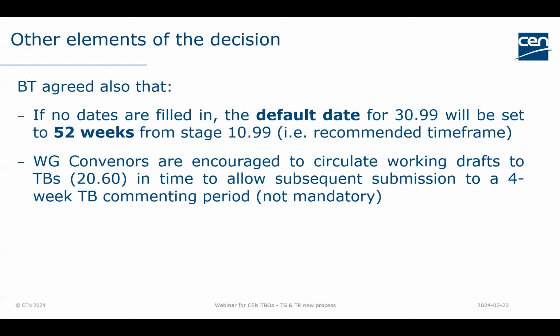You notice also that the working draft stage was mentioned in the CEN working area, so the stage 2060. I'm not sure how many cases you have of working draft that are prepared for CEN TS and CEN TR. The date that is indicated in the new work item form, in any case, does not trigger any alert, and the circulation of this working draft is not mandatory.